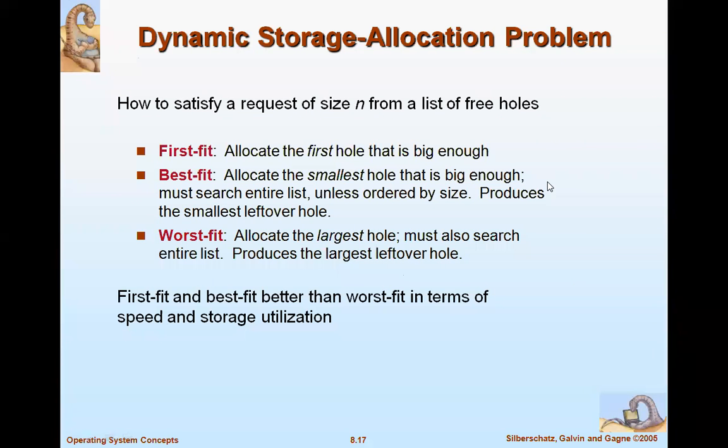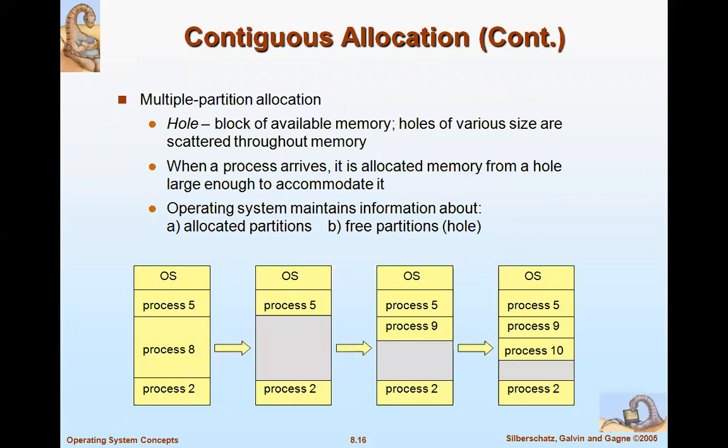In this heading we'll see the dynamic storage allocation problem, and how we can satisfy requests. For example, I told you an example long back: in which way should you place the processes in primary memory so that you can accommodate the most processes? Which method is best? How can I satisfy a request of size n from a list of free holes? Free holes are the freely available partitions in this diagram. You can see how many free holes are available.